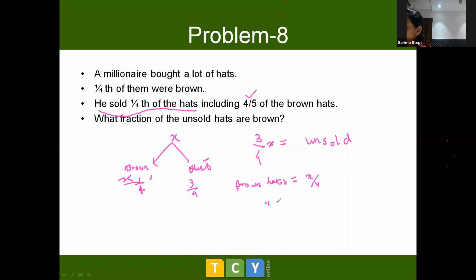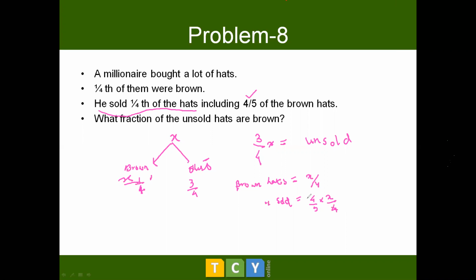So brown hats sold will be how much? 4/5 of x by 4. 4 cancelled. Then brown hats which are sold is x by 5,